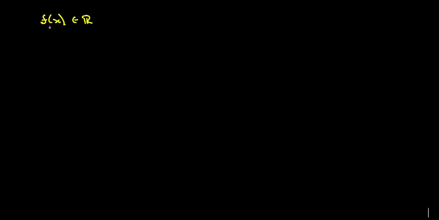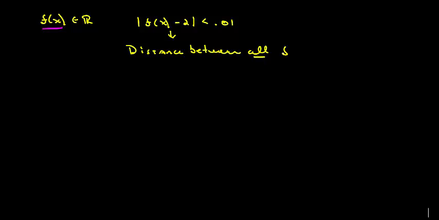So remember that these guys right here are actual numbers. You treat them like a number. Now what we need to determine is that the absolute value of f of x minus 2 is strictly less than 0.01. So what this says is that the distance between all f of x values and 2 is strictly less than 0.01. So on a number line, I'm going to look at this vertically